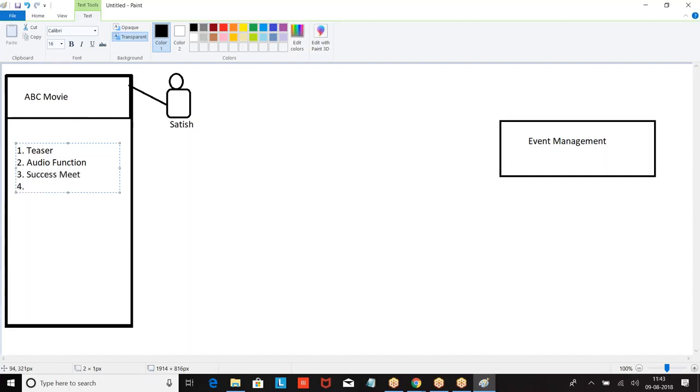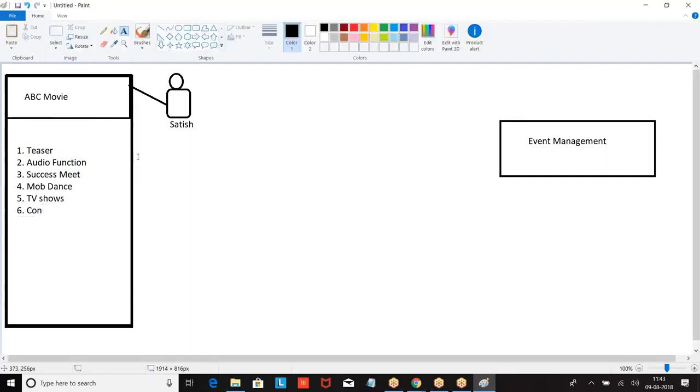Then some mob dance they want to conduct. They want to organize some TV shows. Some controversies also. Right. Now these are the activities the event includes. Now Satish is the point of contact. Now I alone cannot take care of this.